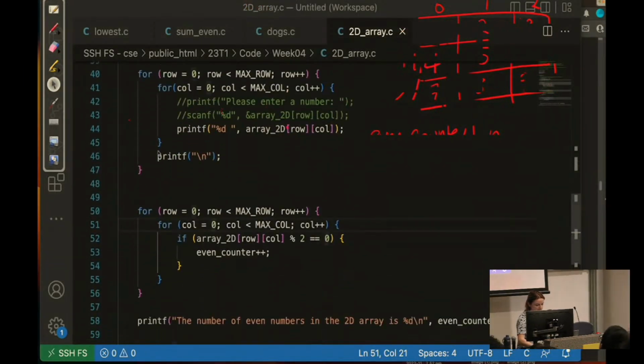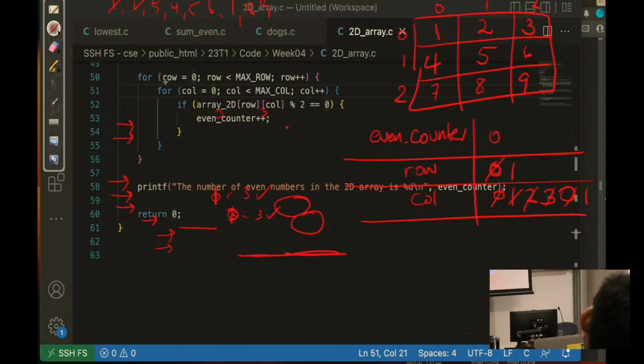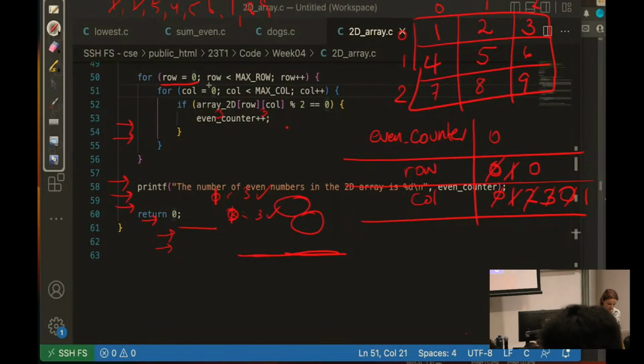Okay, so let's say we finished scanning in. So now we've gotten to this part of the code over here. Now, in this part of the code, I'm actually checking for even numbers. So again, my row is equal to 0, so whatever was here is going to become 0. I'm going to check that 0 is less than 3, and then I'm going to go inside my second for